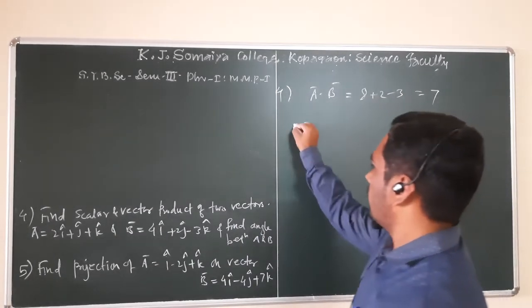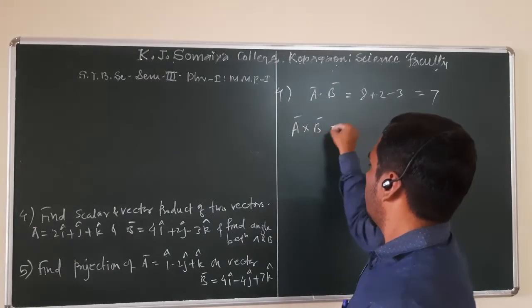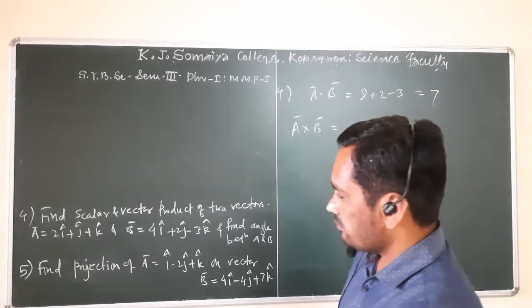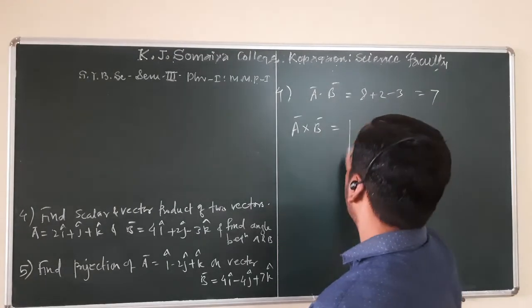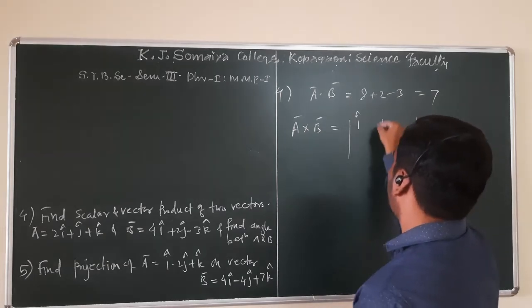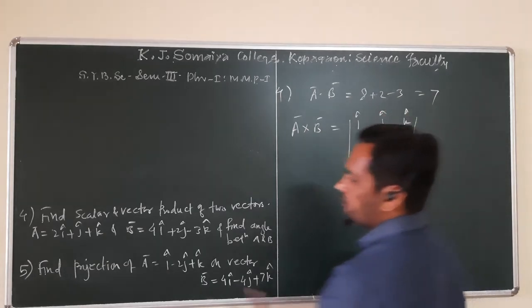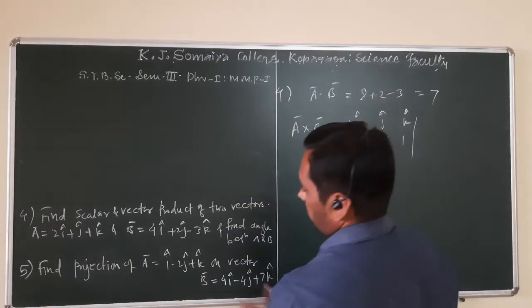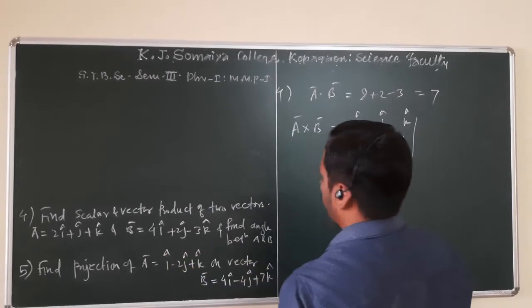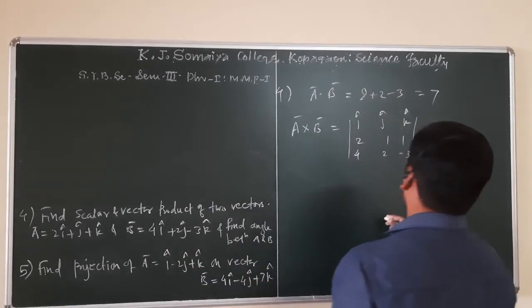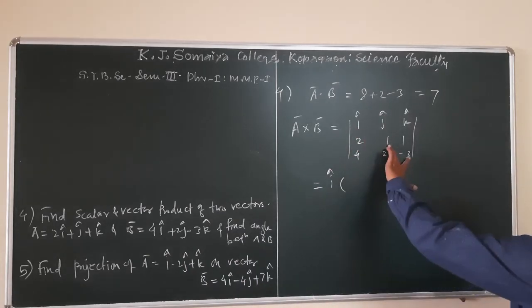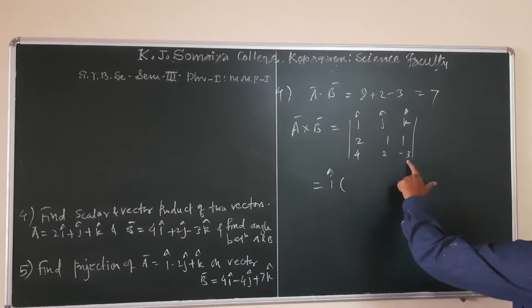Now next, their cross product. A cross B is nothing but, see, again the determinant i, j, k. The components of vector A are 2, 1, 1, the components of vector B are 4, 2, minus 3. Okay. So solve this determinant, i cap multiplied by 1 into minus 3 minus 1 into 2,